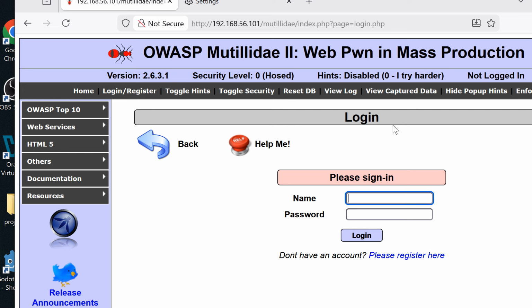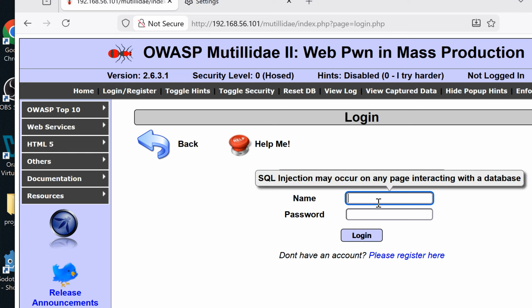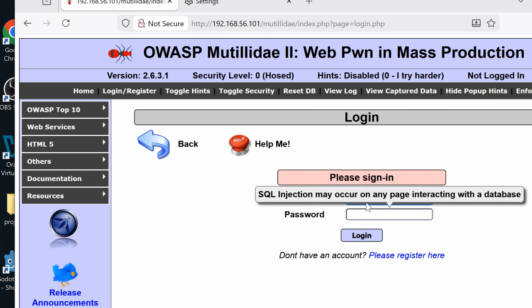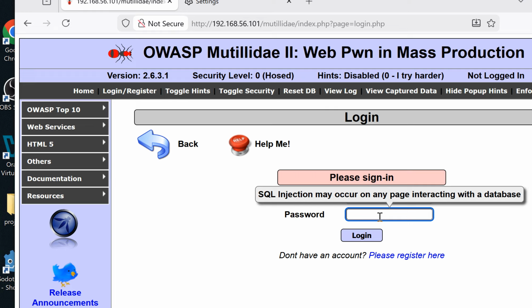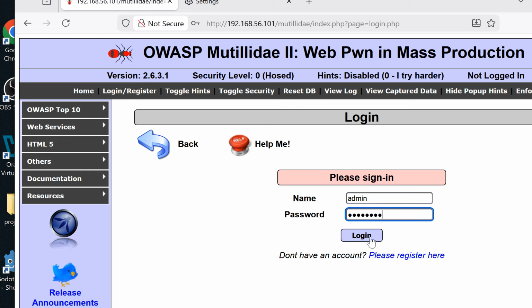As you can see here, we are going to attempt to log in. We are going to provide the name. Let us provide admin as the name, and let us provide the password as password. Then we are going to attempt to log in. So when we try to log in,